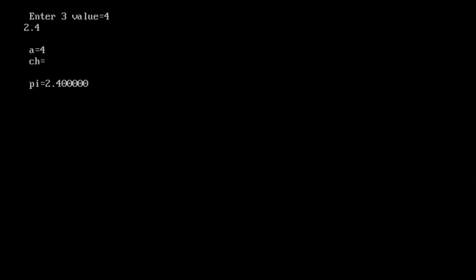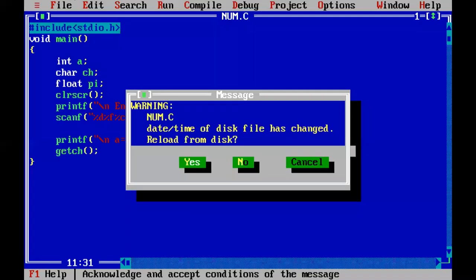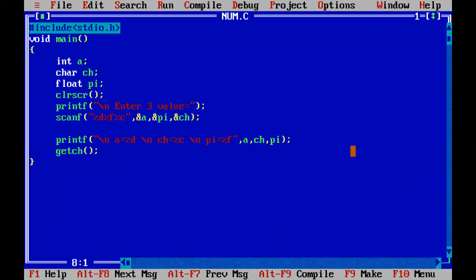It will not accept the third value. Why? Okay.